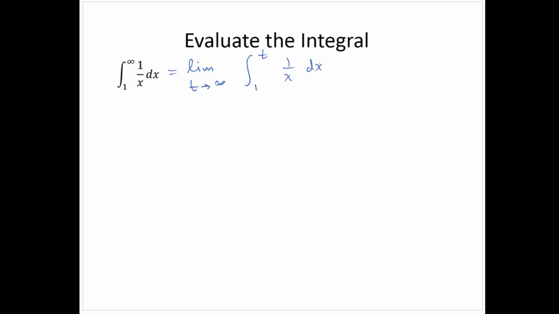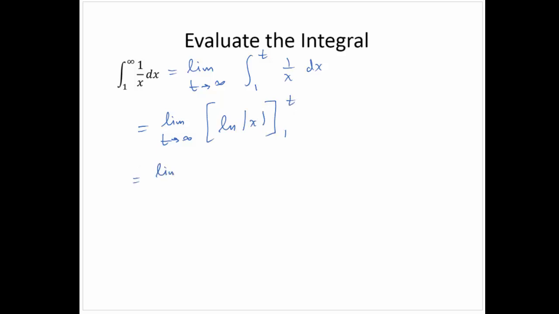All right, now this is a fairly simple antiderivative. So we would now have the limit as t approaches infinity of natural log absolute value of x from 1 to t,